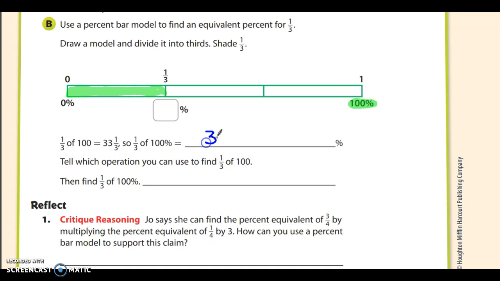It's 33 and 1/3. Or there's another way. It's 33.3 repeating percent. Now I'm going to show you how we got that. Well, I guess we'll answer this part right here, and then I'll show you how we got that. It says, tell which operation you can use to find 1/3 of 100. Well, that's multiplication again. I guess I'll write that on the line, and then I'll show you my work. It's multiplication,